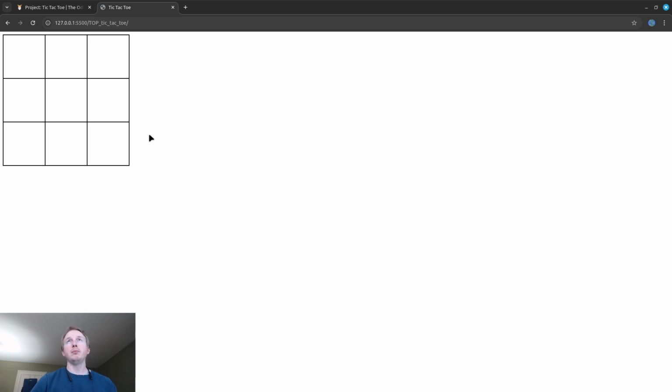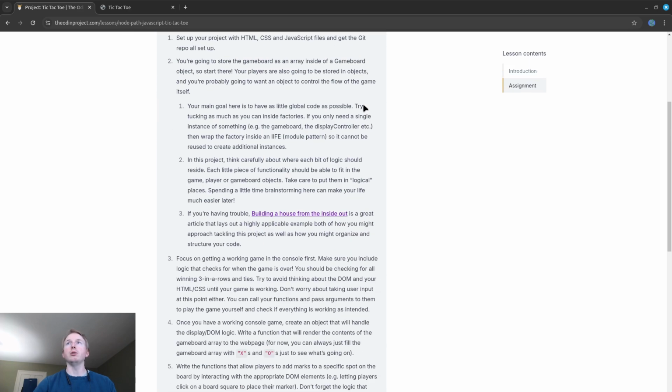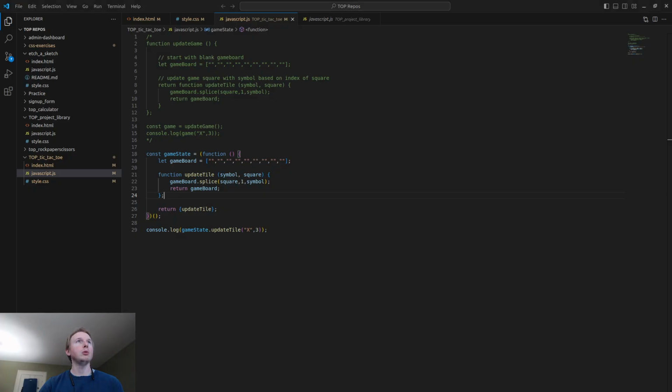Tic-Tac-Toe, so I mean, it's as simple as it sounds. In theory, just need to make the 3x3 grid and then have a system to add the X's and O's and declare winners and all that kind of stuff. So if you want to check it out, you can go to the Odin project, read through this. But it sounds simple. I'm finding that it's definitely not simple, which is usually how these things go. And so where my code is right now,